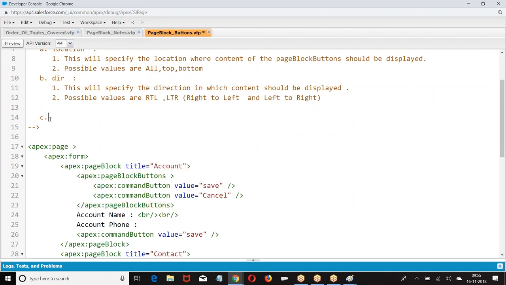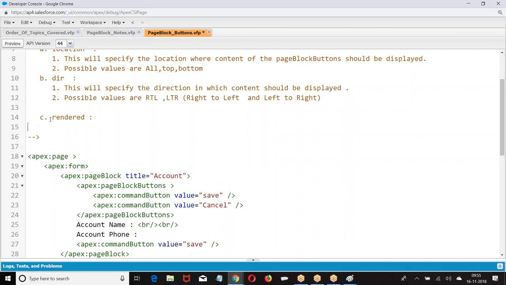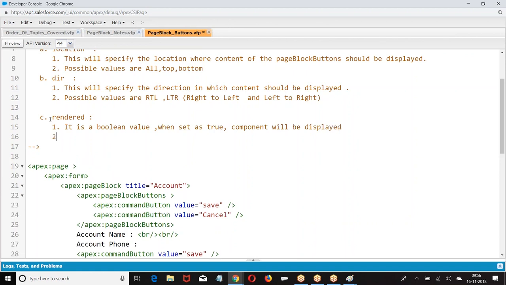Rendered. Right? I hope you are good with this.